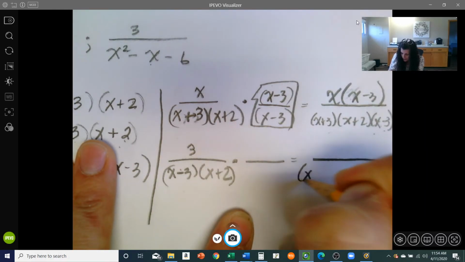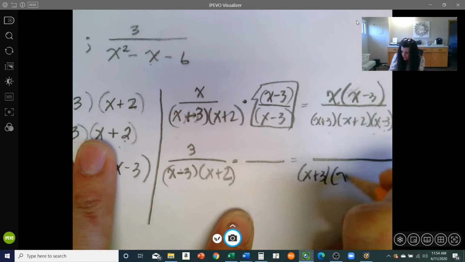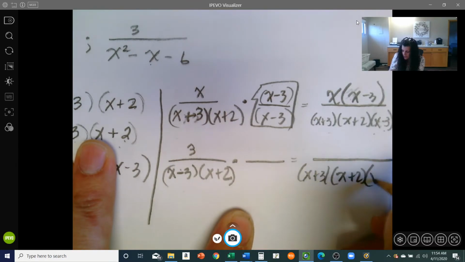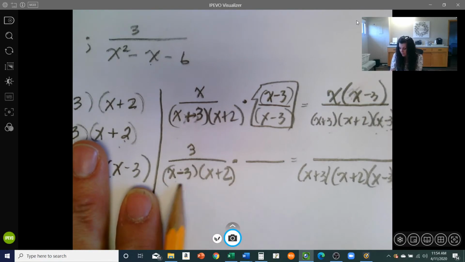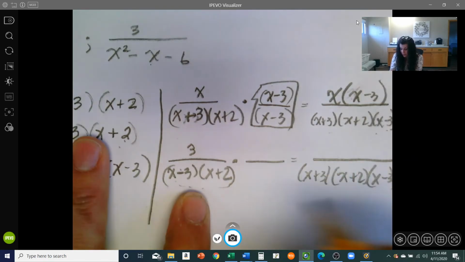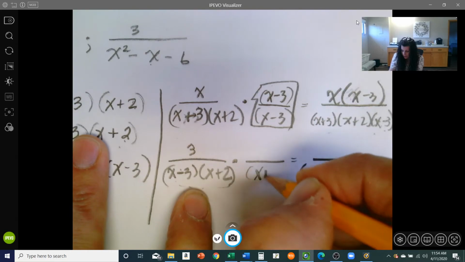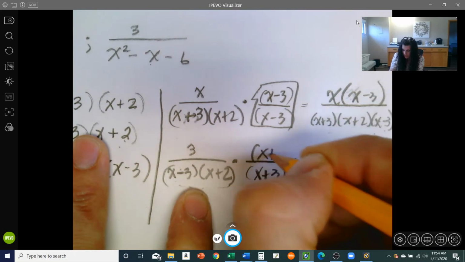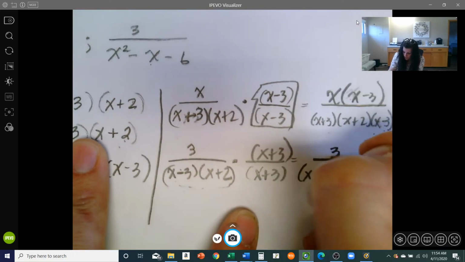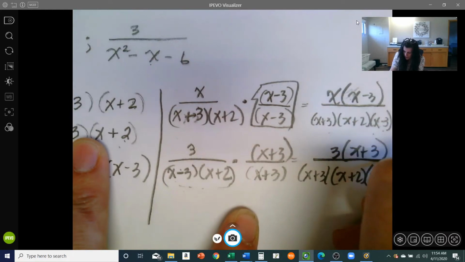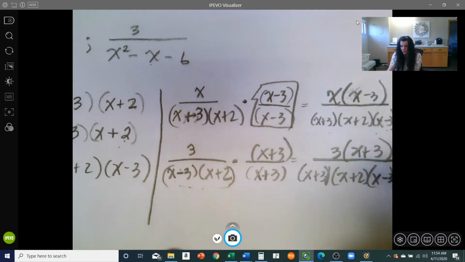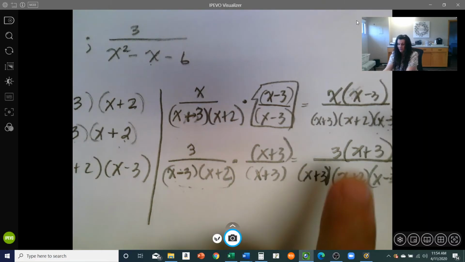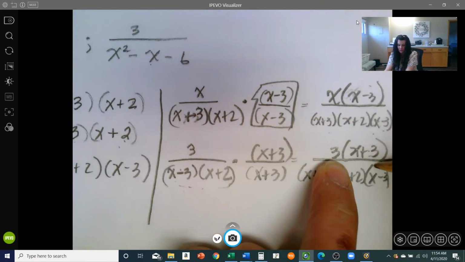I need x plus 3 times x plus 2 times x minus 3 to be in the denominator. So the thing that's missing is x plus 3. So I'm going to multiply the numerator and the denominator by x plus 3. So I have 3 times x plus 3. Again, leave it factored because the goal of this is so that you can add or subtract. That's why we get common denominators. And if it's factored, I can add this really easily